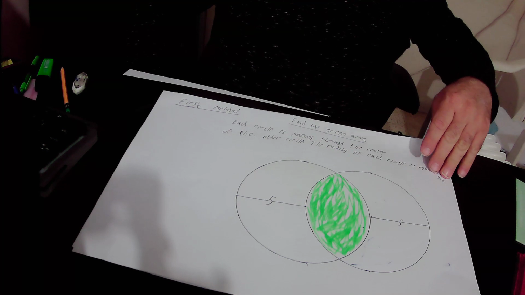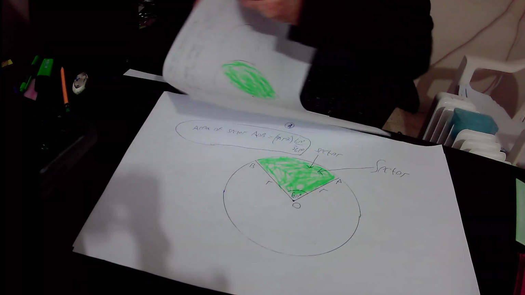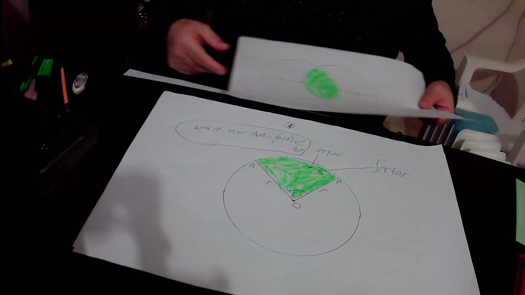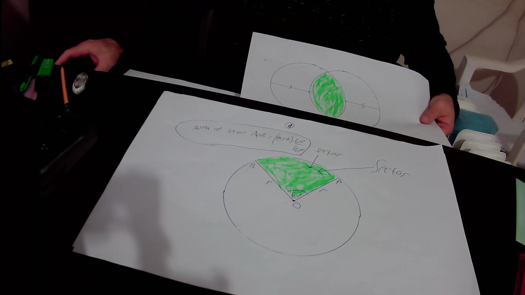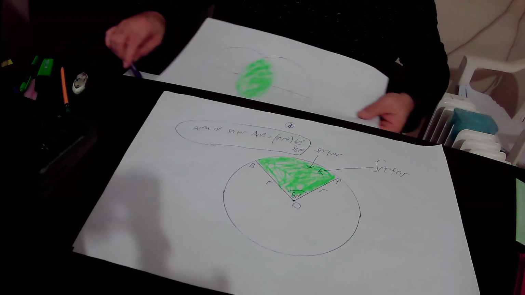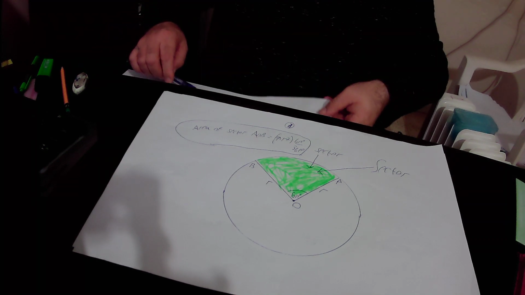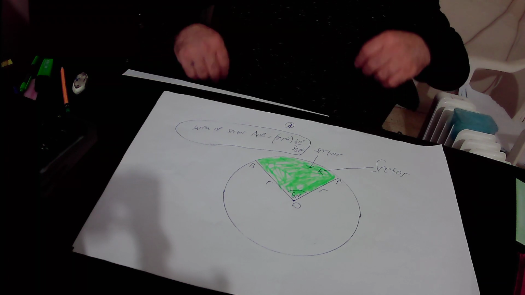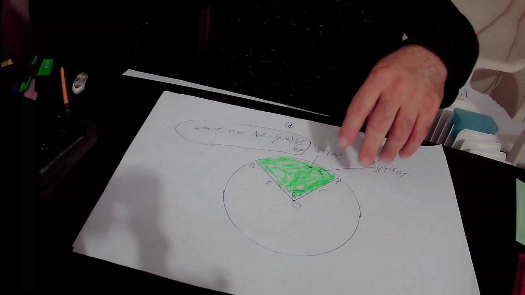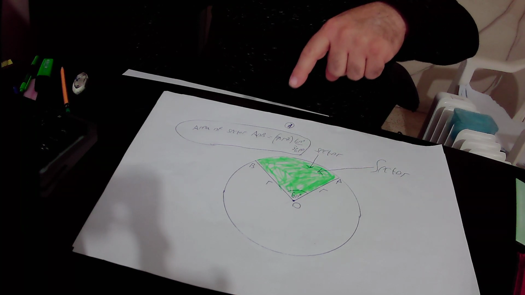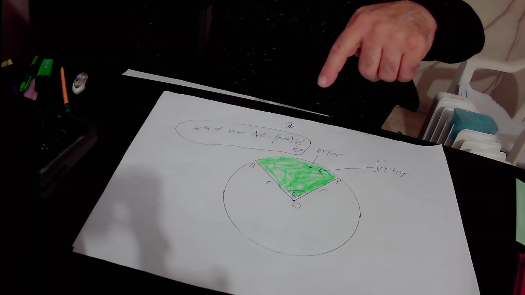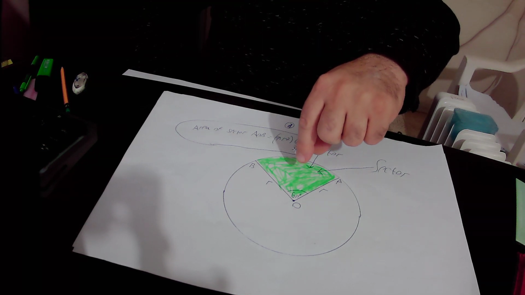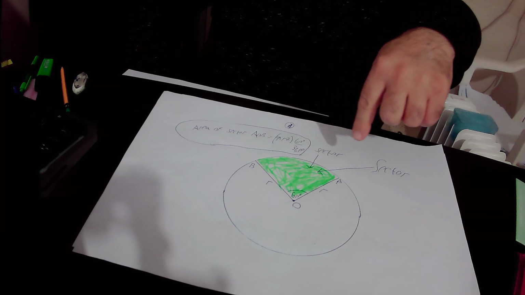first of all I will explain to you what is a sector. A sector is the area inside a circle that is bounded by two radiuses and the arc that is located between those two radiuses. Here, this green shape is sector AOB,